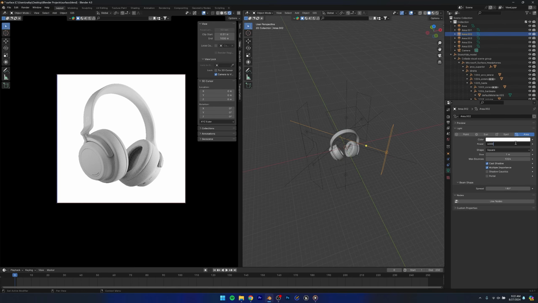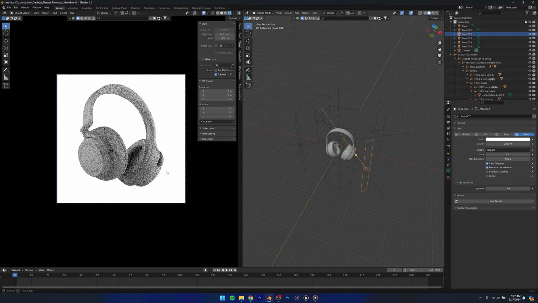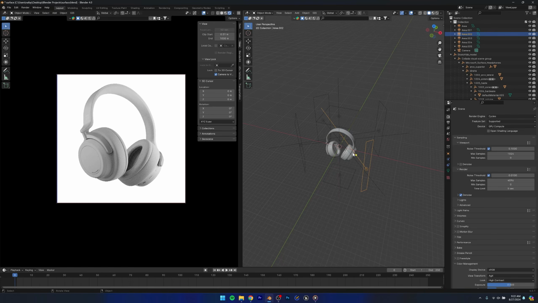I think something like 4000 should be a sweet spot. Also, the intensity of your lights really depends on how big your object is. So the bigger your object, the more light you're going to need. If this object was much smaller, you would see that we would be using power values of like 20, 30, even 50. So the smaller your object is, the less light it's going to need. I mean, that's pretty obvious, but if you're wondering why we're using such big values, that's because our